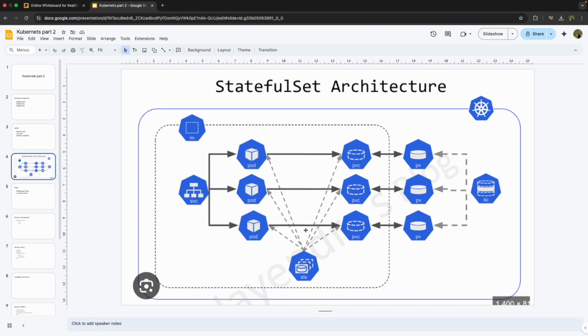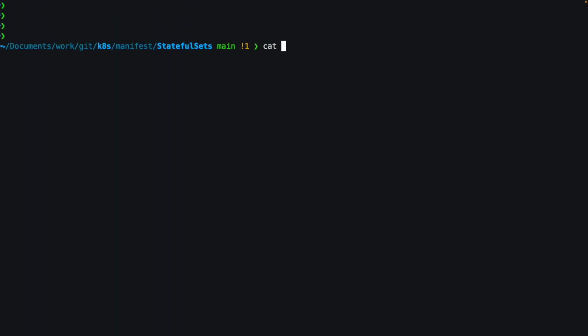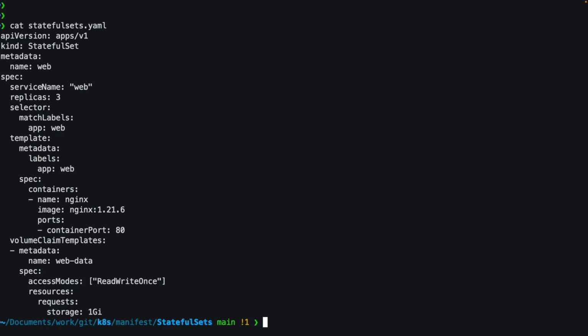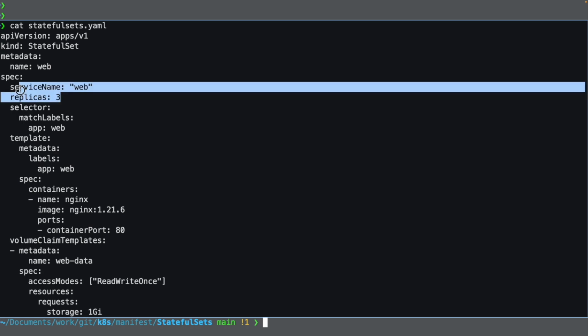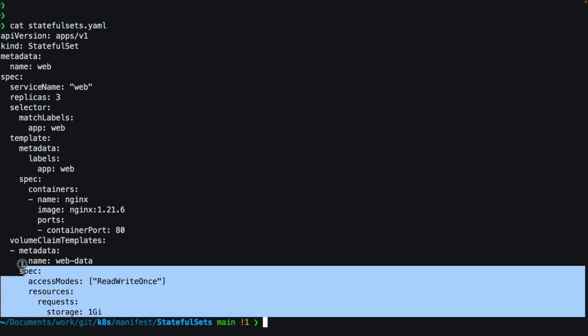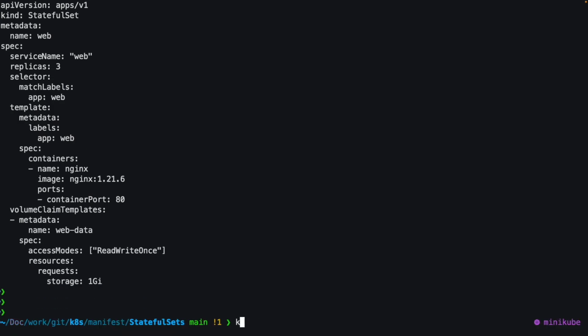Now we quickly move into the terminal, and I'll show you a demo of the stateful set application. Here I'm just using an Nginx image to deploy as a stateful set. Currently I have 3 replicas, and I'm creating 1 GB of data storage for each pod. Let's create those things. kubectl apply -f